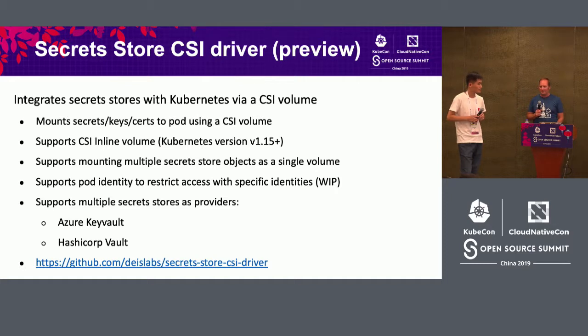We've decided to try to support this by enabling a CSI inline volume support for mounting essentially your secrets from other providers. And the initial support has come for Azure Key Vault and HashiCorp Vault. So with the release of 1.15, which just came out, you can now make those secrets that you use in enterprise service or your existing infrastructure available there.